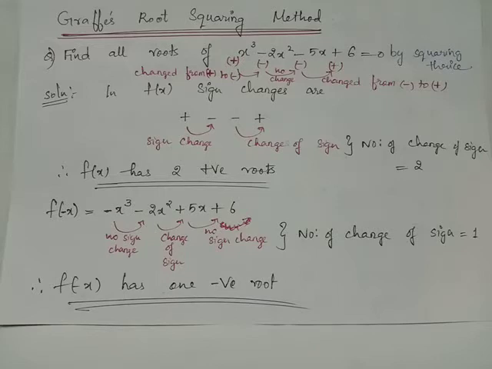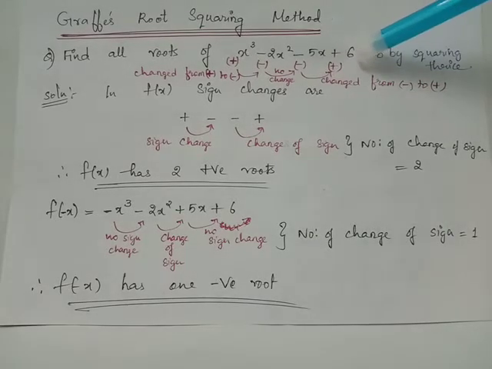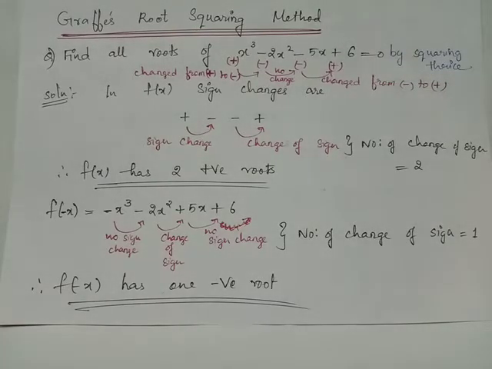When you identify the number of sign changes in f of x, this will give us the information about the number of positive roots in f of x. We have in f of x, from positive to negative, the sign has changed while comparing the first two terms. While comparing the second term and third term, there has occurred no sign change because both the second and third terms are negative. While comparing the last two terms of f of x, we can again identify a sign change from negative to positive. Thus, the total number of sign changes in f of x equals 2.